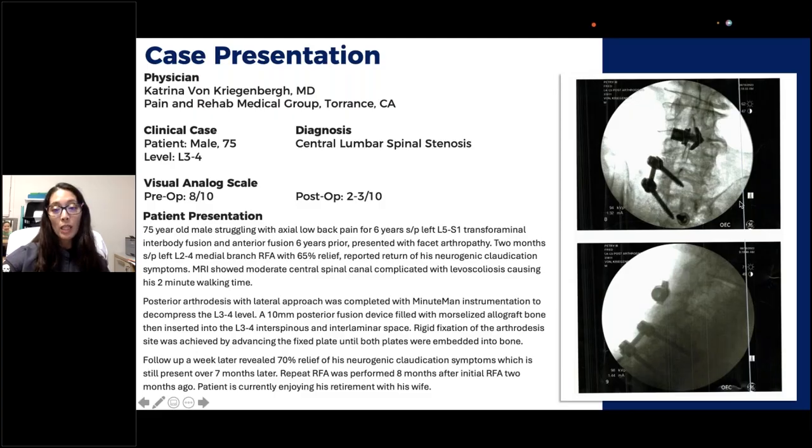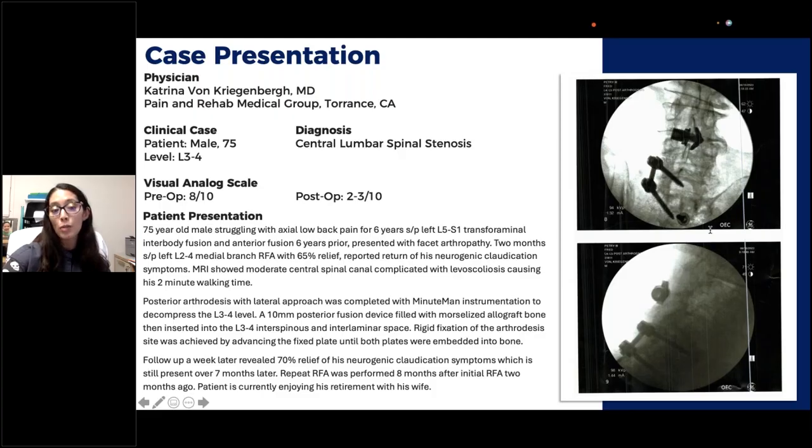One thing that I didn't mention, and you can kind of see in his fluoroscopic image, is that he also had complications higher up because he also had some levoscoliosis. So luckily it wasn't at the treatment level, so I didn't have to worry about the 25 degrees or anything like that. But it's nice to know that even retired attorneys at 75 years old that waited their whole career to have their big spine surgery, we can still help them with different types of interventions.